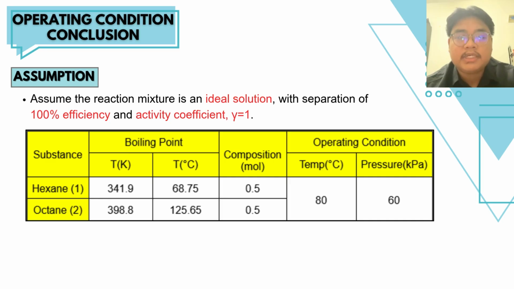The mixture we are working with consists of equal molar amounts of hexane and octane, each with a composition of 0.5 mol. Hexane has a boiling point of 68.75 degrees Celsius, while octane boils at 125.65 degrees Celsius. Based on these properties, we selected an operating temperature of 80 degrees Celsius and a pressure of 60 kilopascal. These conditions ensure that hexane, being the more volatile component, will vaporize more readily, while octane remains mostly